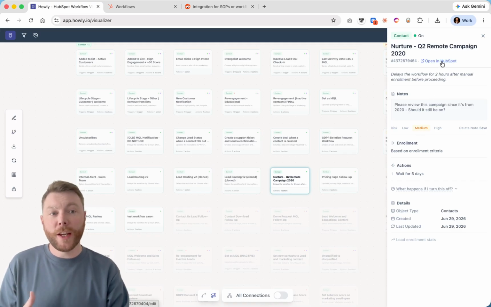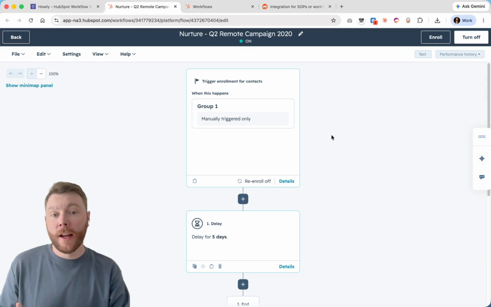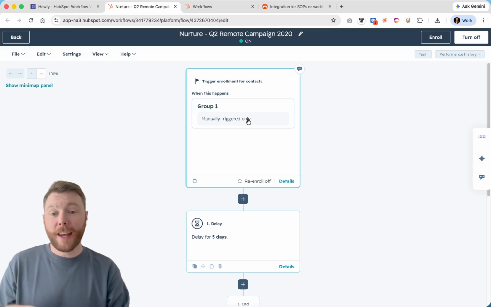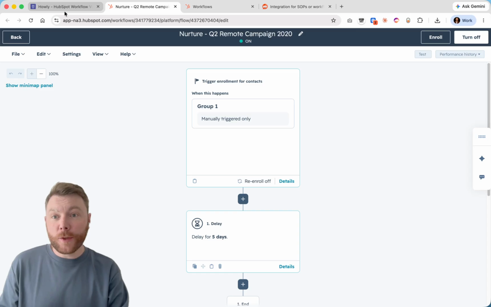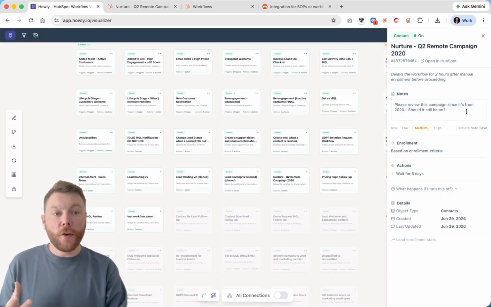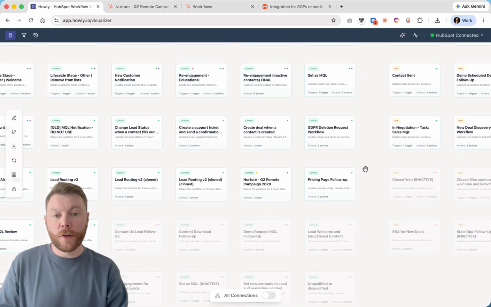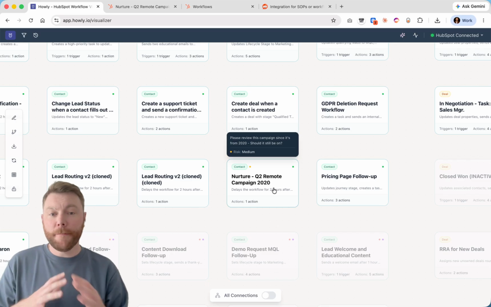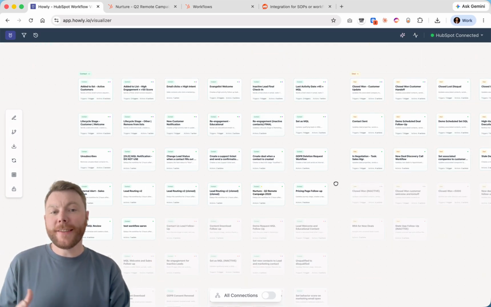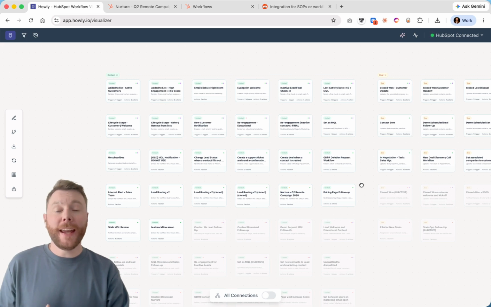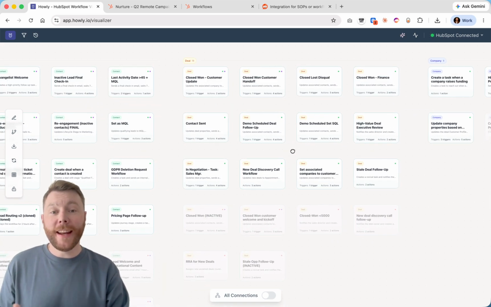What we can do is open this directly in HubSpot. We can see it's a manually triggered campaign, so there are no enrollments in this one. So going back to the note here, we can add this as a medium note, and now it's added here. When I hover over this workflow, somebody is going to review this since it's from 2020, should it still be on? And that is how I go through a HubSpot portal and audit and look at